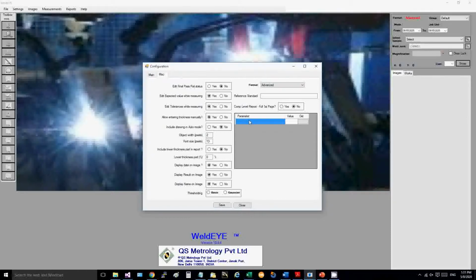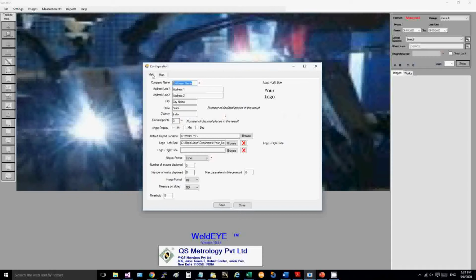You can also define parameters like your weld parameters, for example, your wire speed, and you can set the default values. You can set the current. These are basically the parameters associated with your robo weld. If you are using robo welding, and if you want to capture or record the parameters that you are using, basically if you want to correlate your result with any settings in your weld machine, then you can use these options, whatever parameters you are using, you can set. So this basically will appear in your